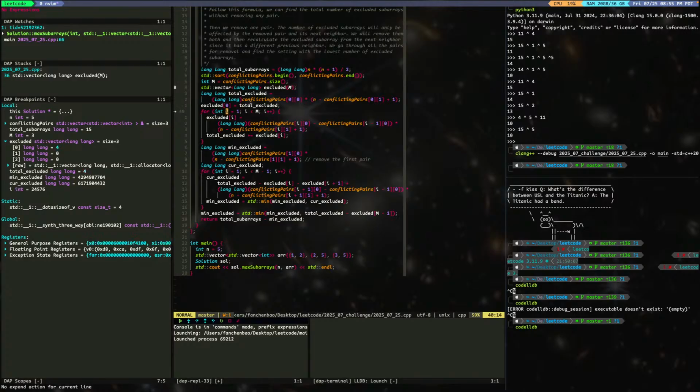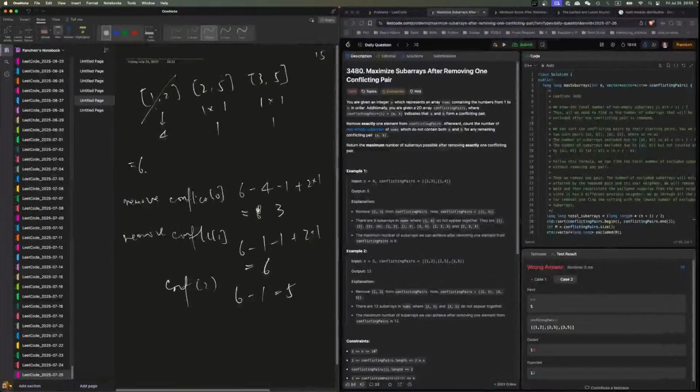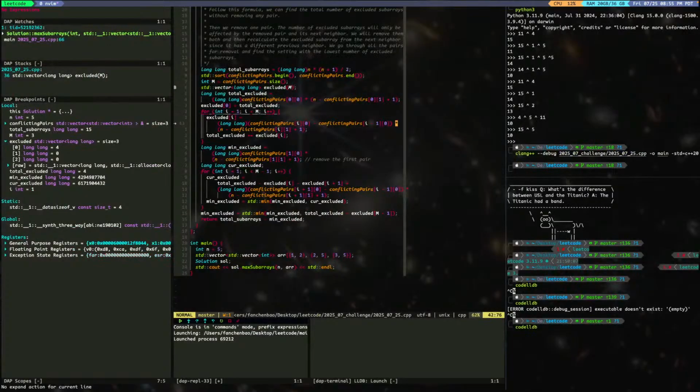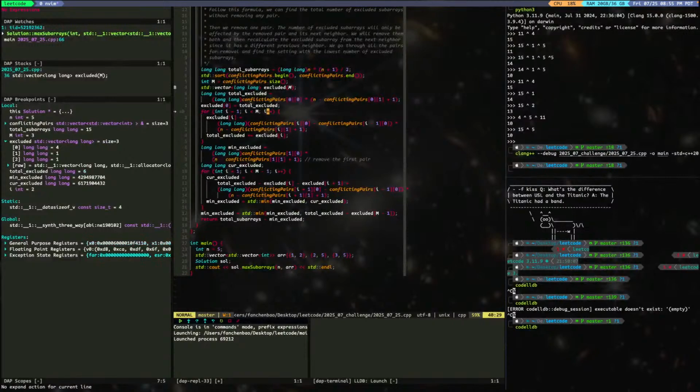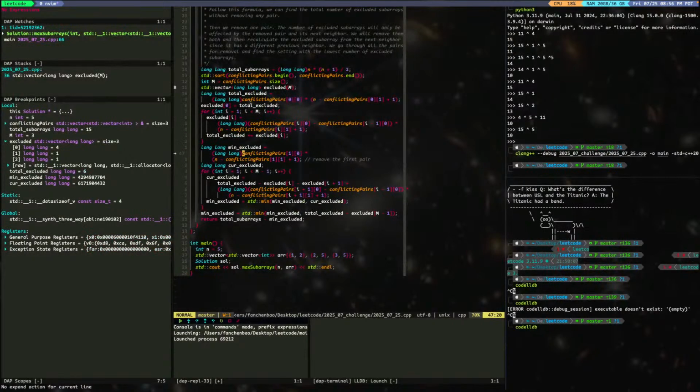That's fine. And then for this excluded, this shall be 1. Yes. Total excluded is 5. Next one should be 1 as well. Yes. And 6. Yep. Total excluded is 6. Good. So minimum excluded is we remove the first pair, which is equivalent to,